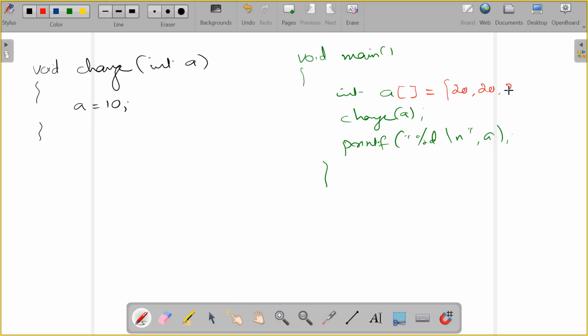20, 20, 20, 20, and here this also I am changing, a comma 4, and of course I cannot print in a single line, rather I need to use a for loop, right? So I have an int i also here. So for i assign 0, i less than 4, i plus plus